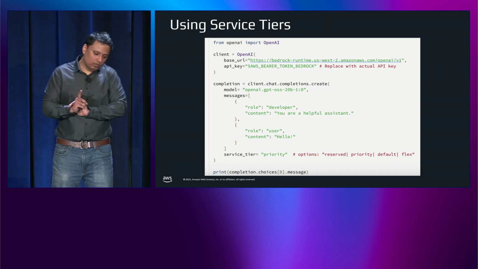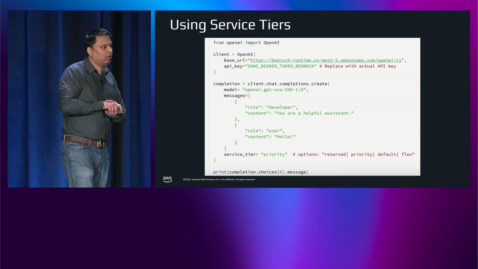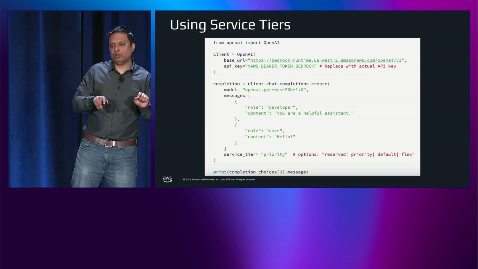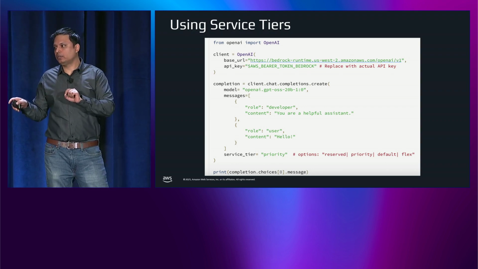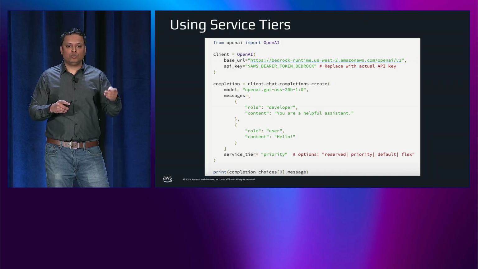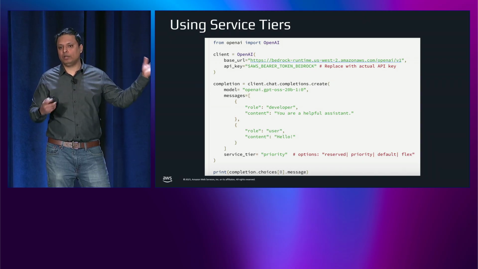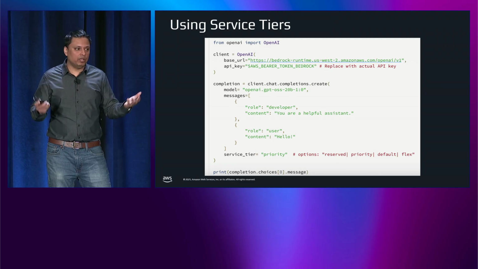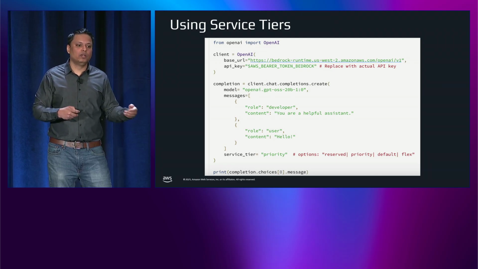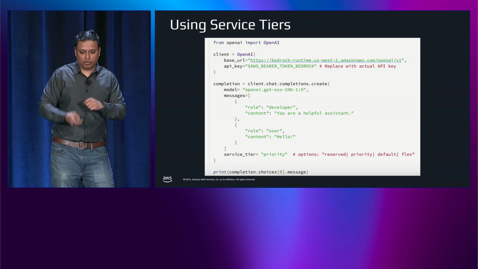One thing I want to call out, though, on the reserved tier, right, you need prior reservation. So your inference request will say reserved, but before it actually gets processed as a reserved request, you have to create a reservation, which is a control plane action. Somebody as an admin in your company will have to do it for you, and then developers can send the reserved tier request.